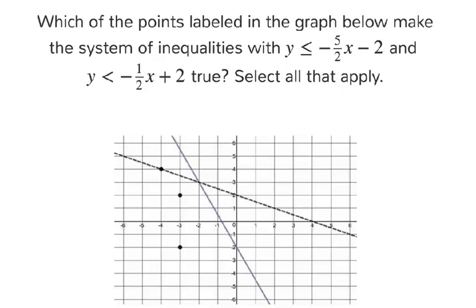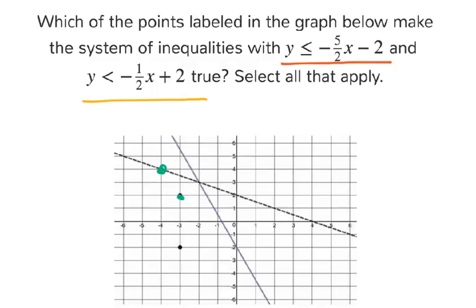Which of the points labeled in the graph below make the system of inequalities with y is less than or equal to negative 5 over 2 x minus 2 and y is less than negative 1/2 x plus 2 true? Select all that apply. All right, so of these points that were given here, which are negative 4 and 4,